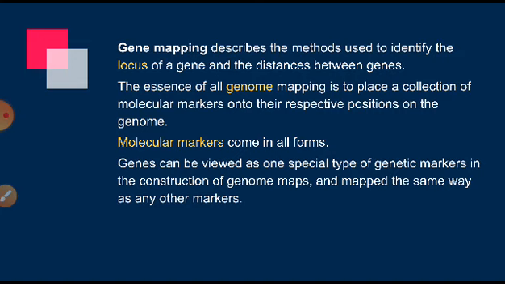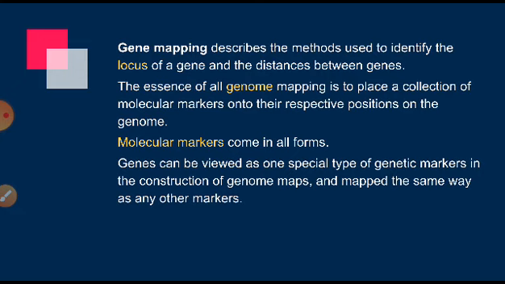So to locate that particular gene, we need to have a map, right? And why do we need to locate a particular gene? There is a need. We want to know about that gene. Maybe that gene is responsible for certain kinds of diseases. Okay, so these are the reasons for which we need the location of the gene, and for the location of the gene you need a gene map or a genome map, right?